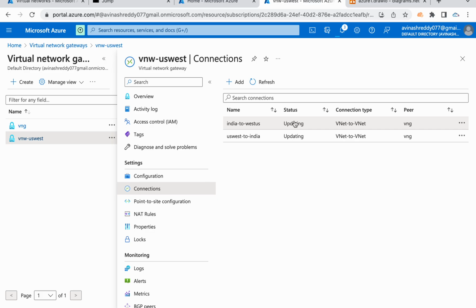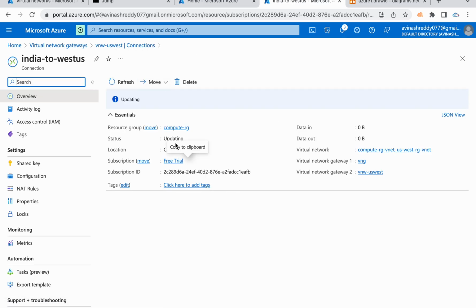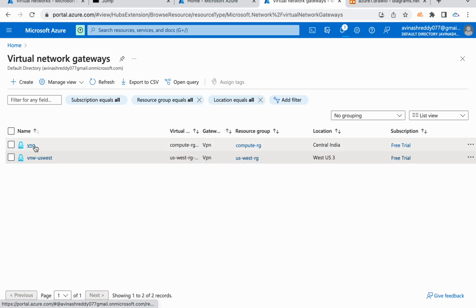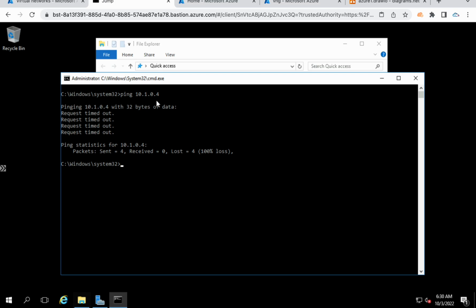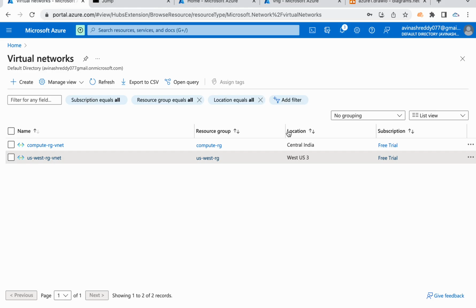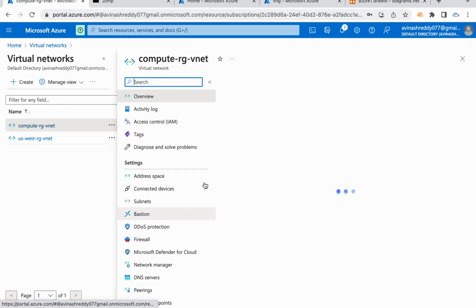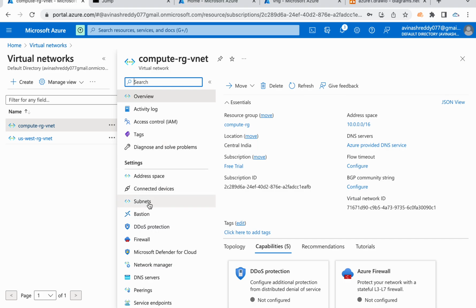Right, so you can see here the status is updating. Once the creation has succeeded, under connections you can find that it is active and all. Once its status has changed, we can see the communication. Earlier, whenever we tried to ping this, it failed. But now, once the connection is created, it will work. This is going to take around 3 to 4 or 5 minutes. So once it is created,